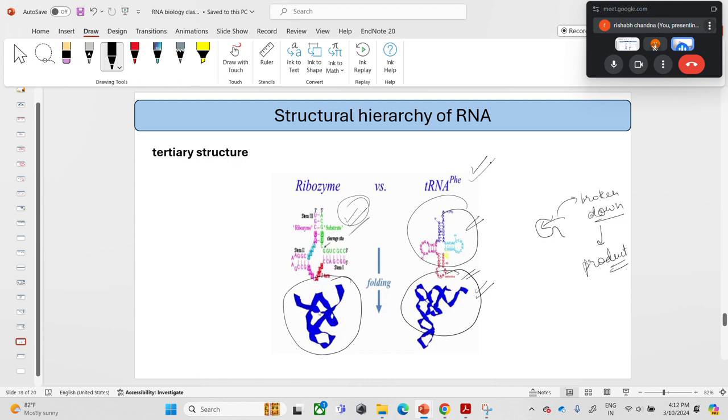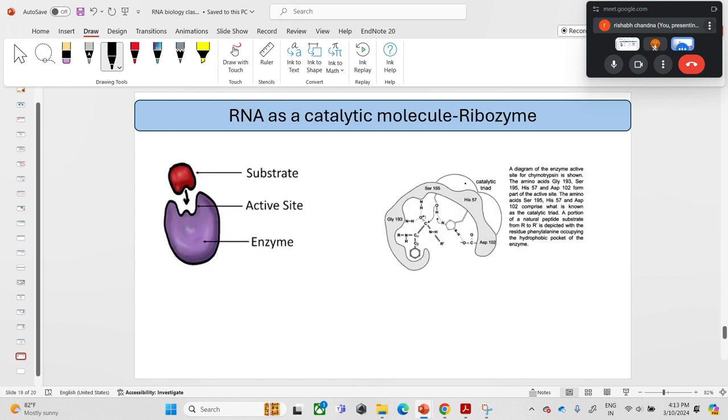So this gives the tertiary structure of the RNA molecule. Moving on, why are we saying that RNA has a catalytic role? That is because, like in enzymes, we see that there would be an active site where the substrate would bind and be converted to product, as I just discussed. So the substrate will bind and be converted to the product. Now, this active site is the functional site of the enzyme,